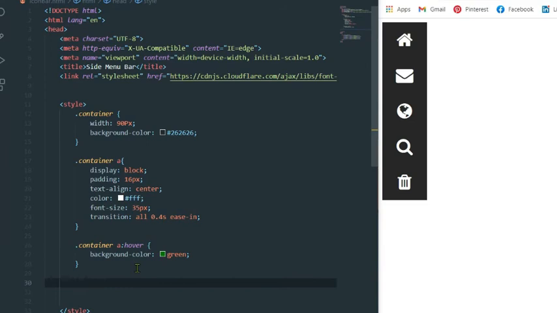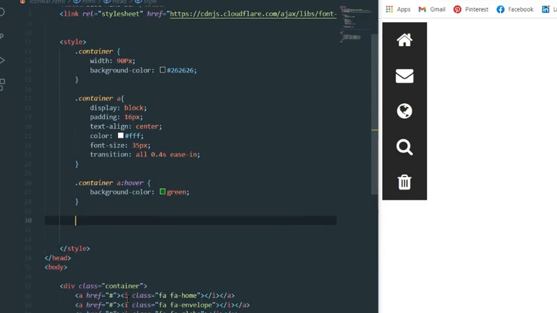This time what I'm going to do, I'm going to add a class. As you can see here, I have to make this class active. So here I have to take another class. I will take this and give a class name, active, because I want to make this one active, so that's why I'm taking this class.